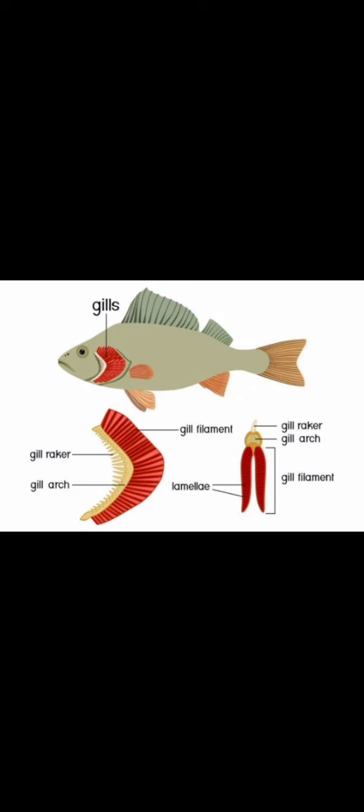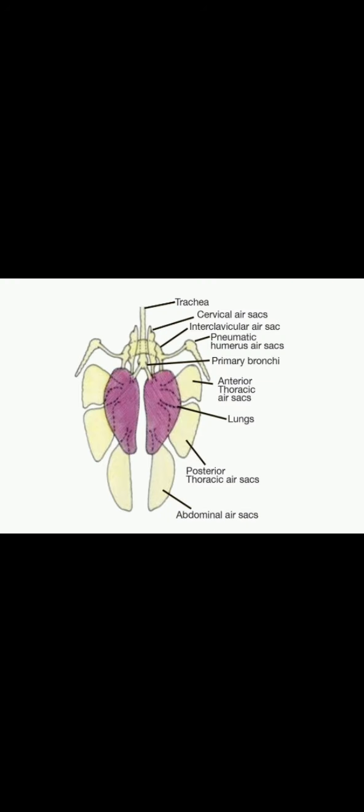So we're going to be discussing the specimens in groups. Firstly, we're going to compare specimen A, gill of fish, with specimen C, lung of